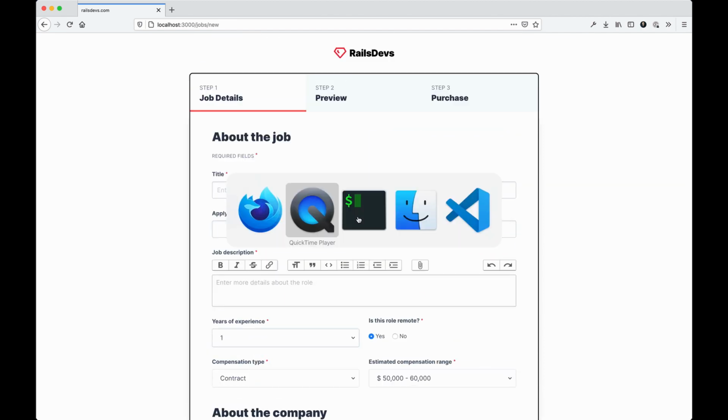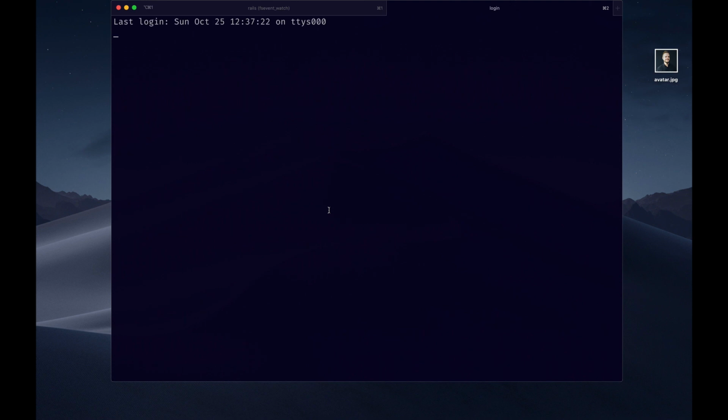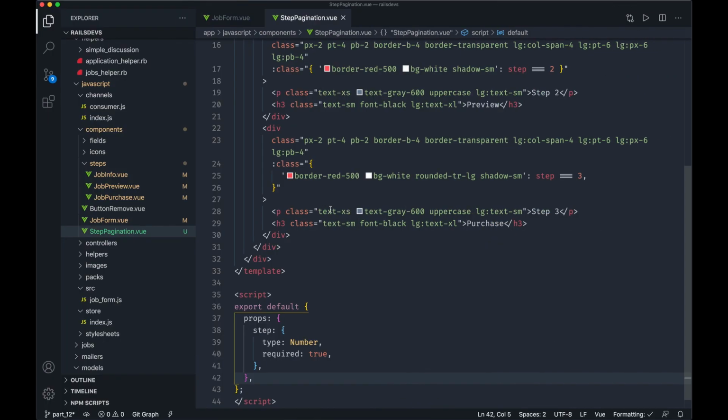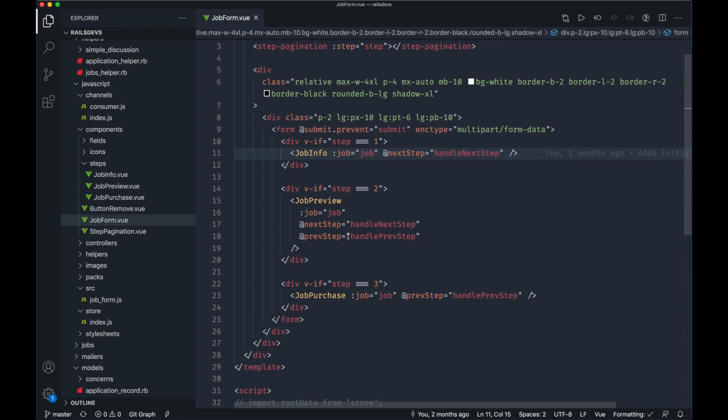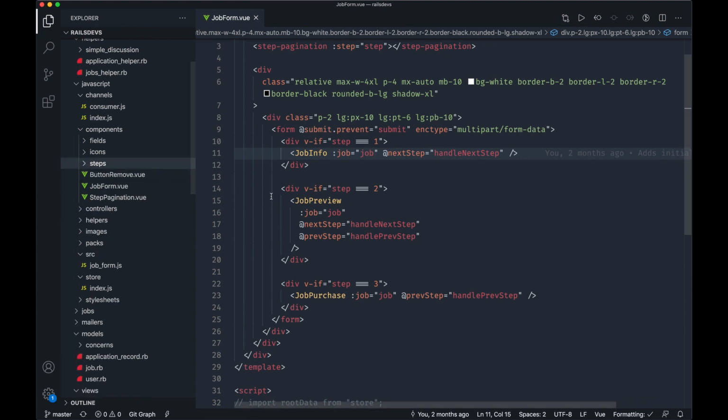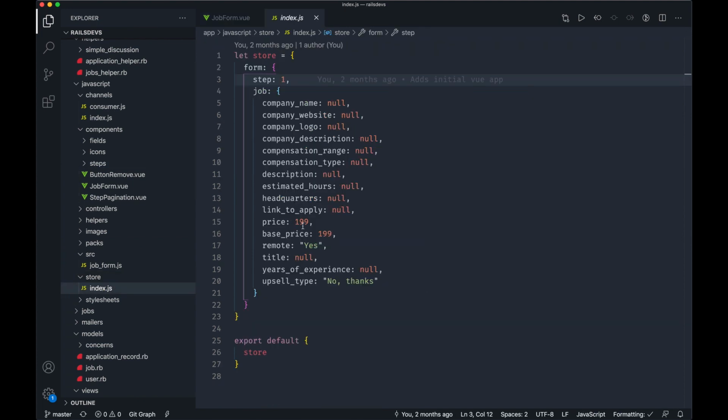I want to get into the actual Vue app at this point and just build that store pattern I've been talking about. So we've got our step pagination from the last video and our main actual form. Here it is. Basically, we've got our three main components, which are the steps of the job post. And then at the very beginning, we have this store index file, which is just where I kept things initially. I like it for this instance, but I think I want to adopt something a little more verbose that's actually part of Vue. And what that is, is a